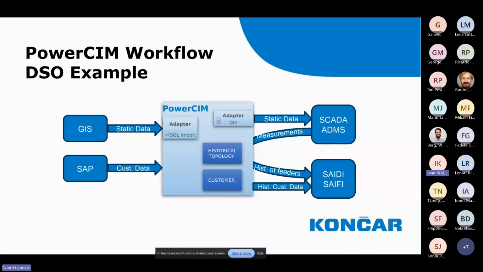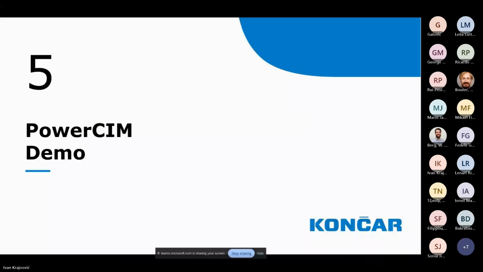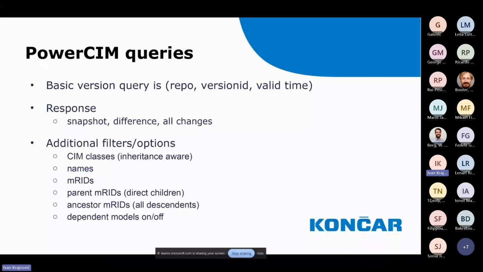Okay, and now we can have the demo. So just for a moment, we have a viewer app that displays the data in table form, and it has query drop-down menus where you can say, okay, this repository in this version at this time. So this is bitemporal versioning. You have version ID and valid time. You have two version axes, two version parameters, basically.